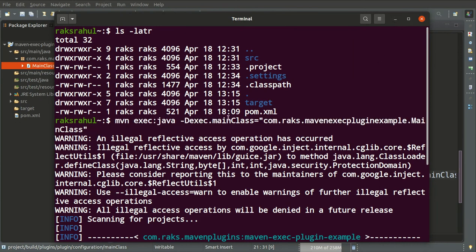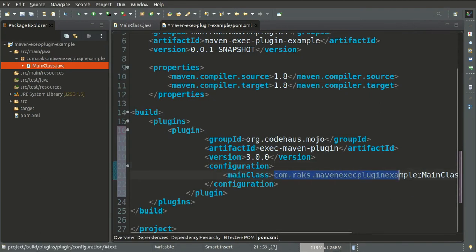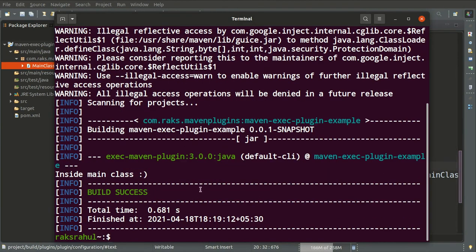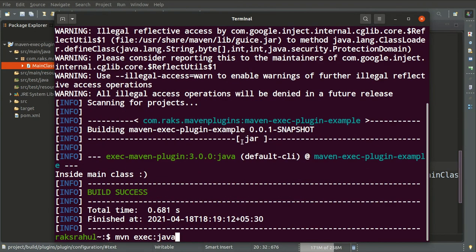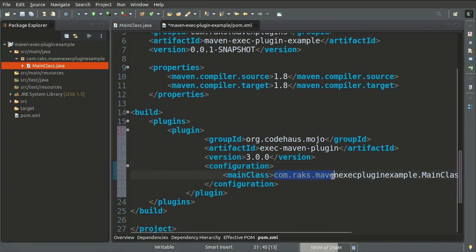You have to provide this main class here, and then just run mvn exec:java. We don't need to provide it on the command line now because it is already declared in pom.xml.